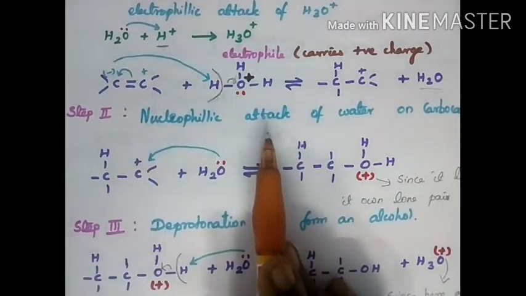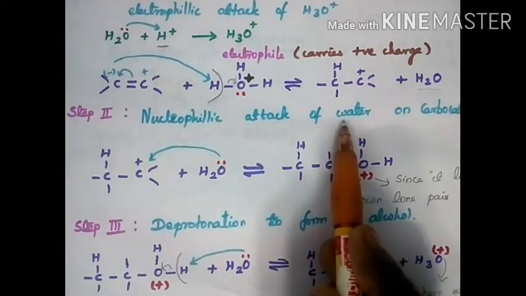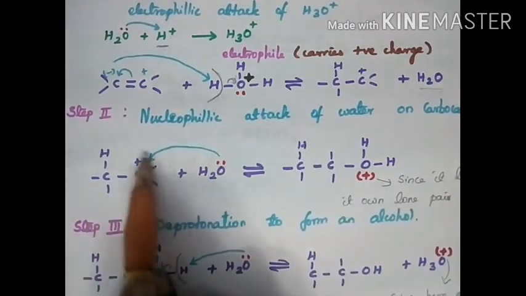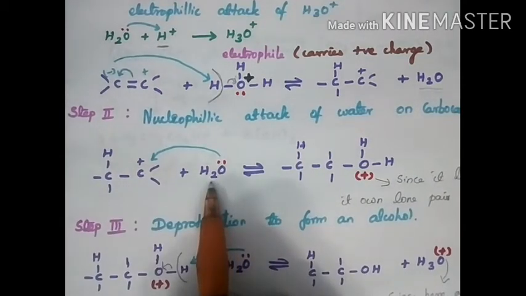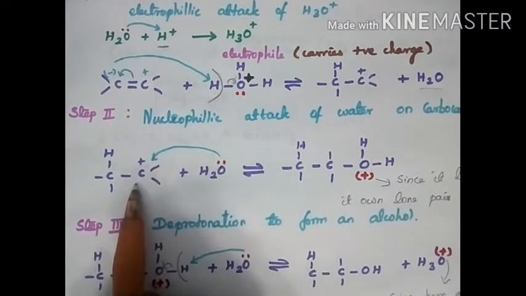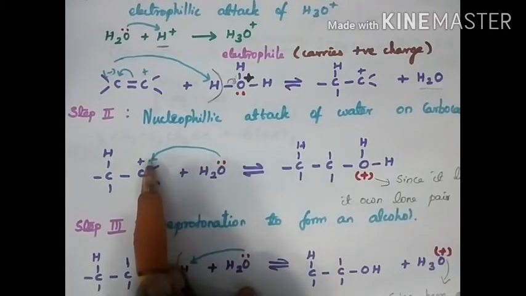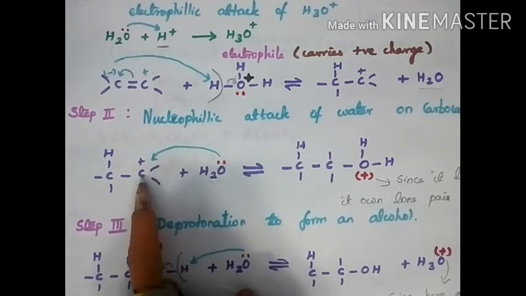The second step is a nucleophilic attack of water. Now the alkene is electron deficient. So we need one nucleophile. So another water molecule is involved in the reaction. Oxygen already carries 2 lone pairs. We need only 1 lone pair, so mention only 1 lone pair here. This is electron deficient, so it has to donate its lone pair electron to bond with the C plus.